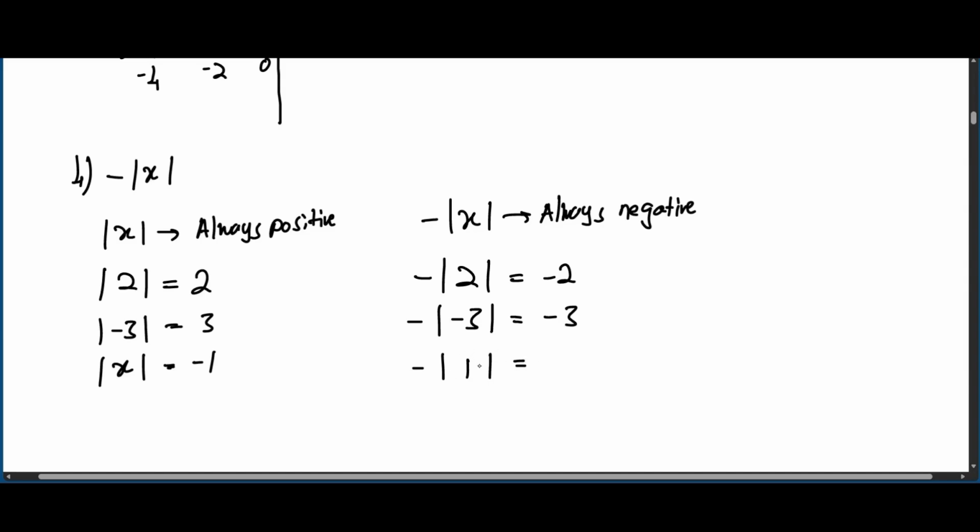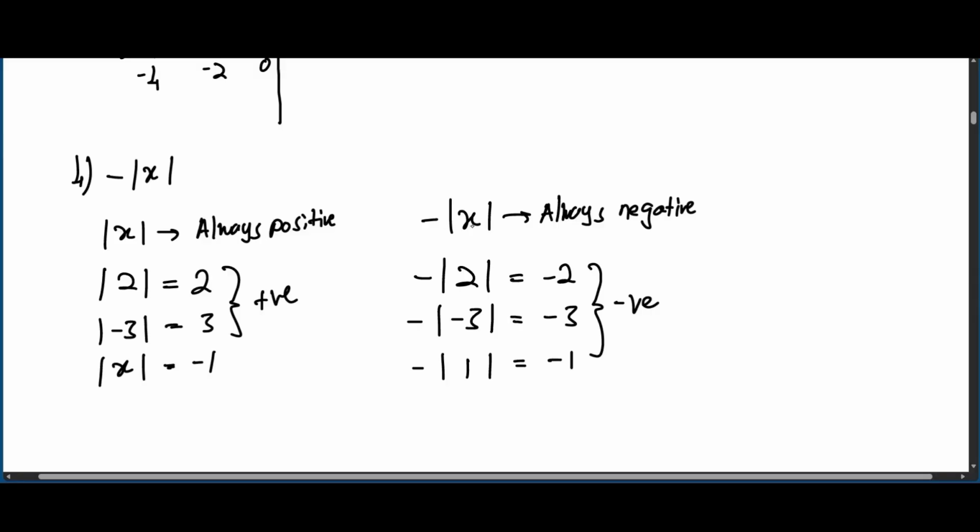Absolute value of 1 will give me 1, and the negative of that will give me negative 1. Can you see how it's always negative and how here it's always positive? So that's the difference. This is the always positive version, and if you put a negative in front, this is